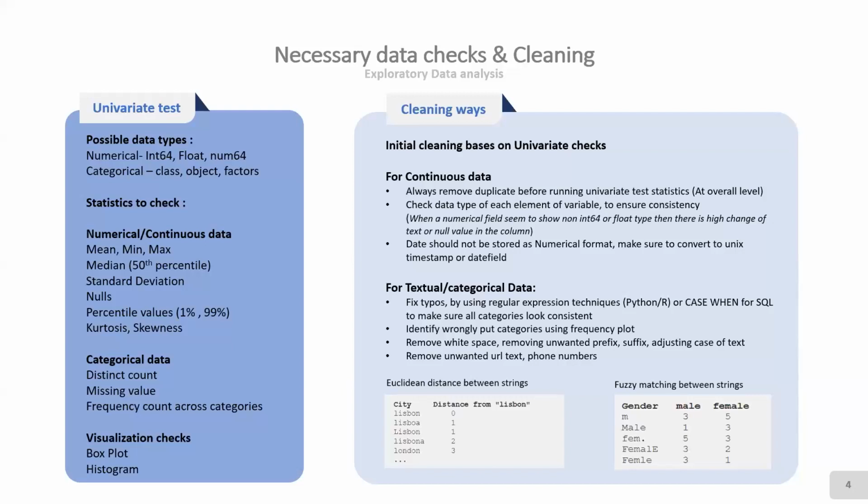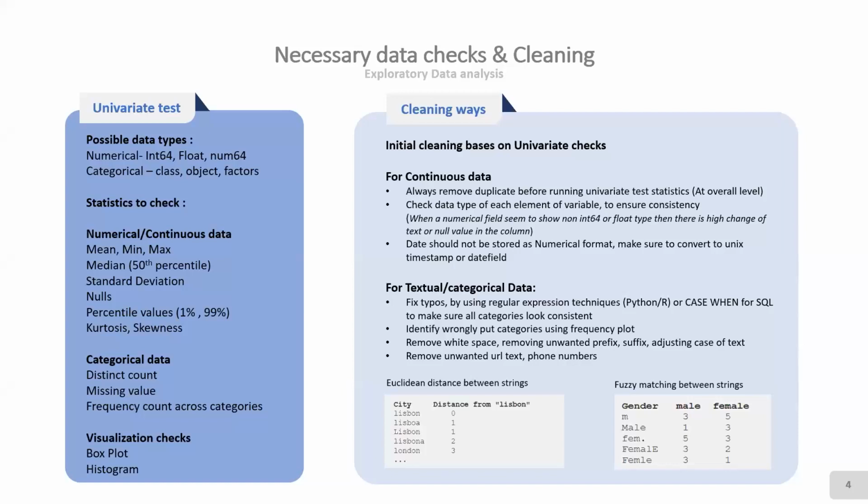People who have colored their hair in different colors. So that frequency distribution tells you which category is prominent and which category is least prominent. And the visual checks that usually help you in understanding these univariate tests are primarily box plots and histograms. There are very sophisticated visualization approaches available, but the standard, if you are starting with any analysis, box plot and histogram gives you enough information in understanding a continuous field,